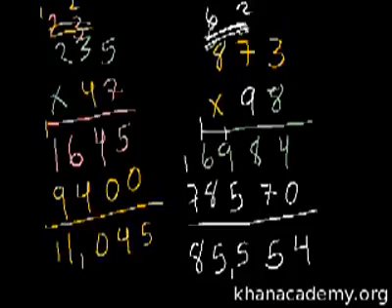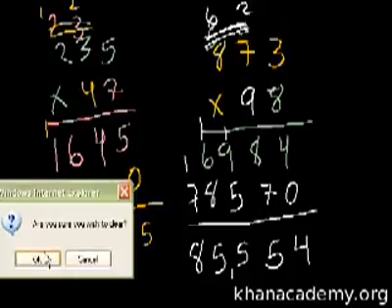Let's do one more problem. I think it'll hit the point home. The next problem I'm going to do, you could almost do it as a level 5 problem, because I'm actually going to multiply two 3-digit numbers, but it's really the same thing, and hopefully you'll see the pattern. So let's say I had